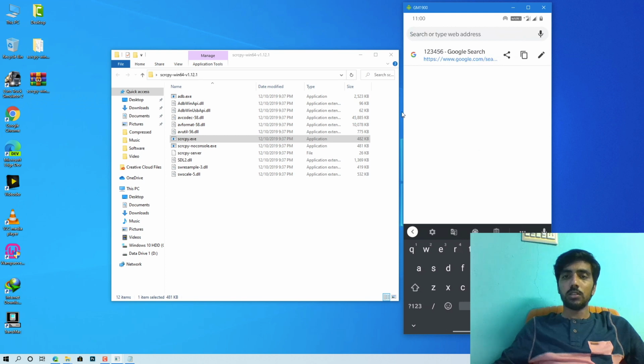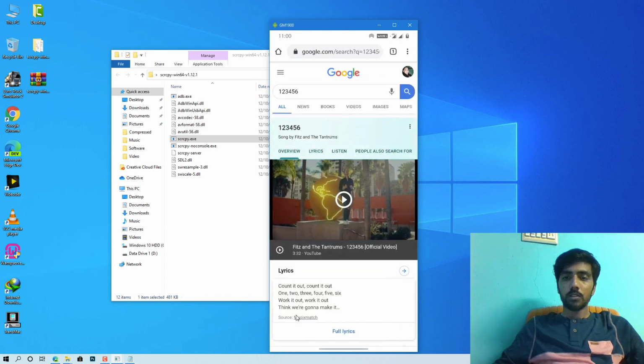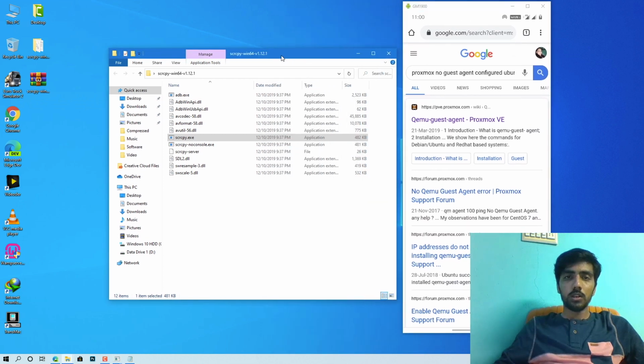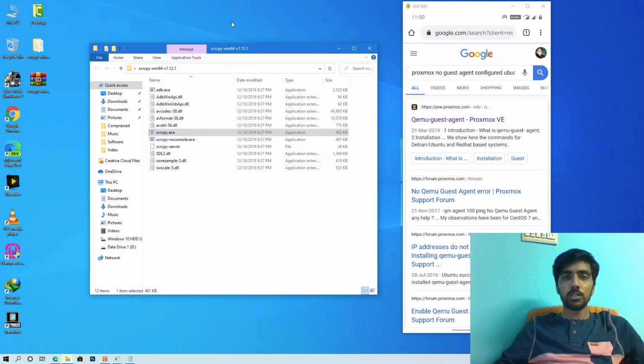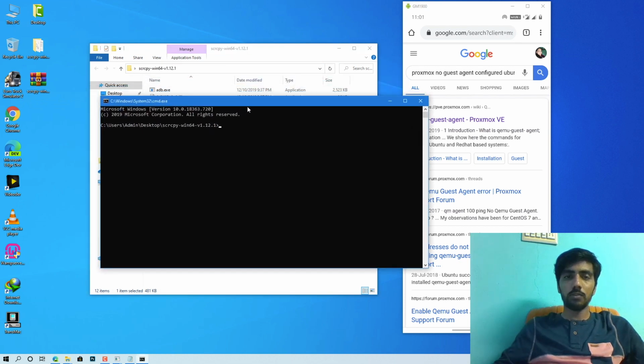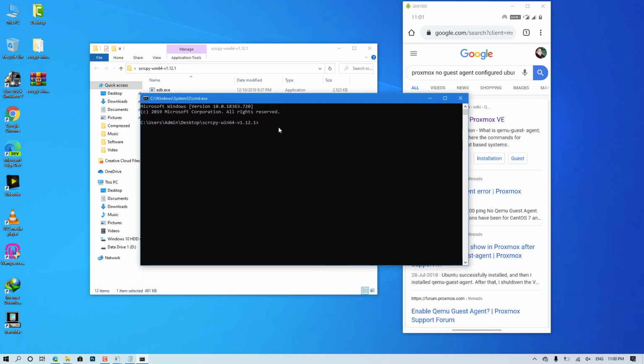Another thing that you can do with this is record the mirrored screen of the mobile. How can we do this? This is very simple. First you need to open a command prompt window in your scrcpy location. To do this, just click on the directory bar and type cmd and hit enter. As you can see, we have a command prompt here in the scrcpy folder.